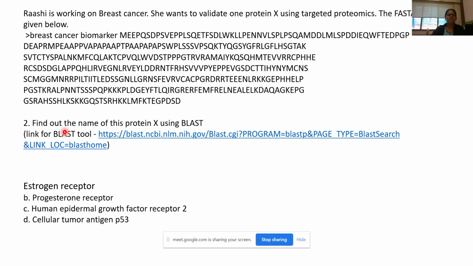Now, going to question 2. This is a small exercise. What I will do is share this: a FASTA sequence of a particular protein X. The sequence is given, and there are different online tools available, like BLAST, from which you have to find out certain things